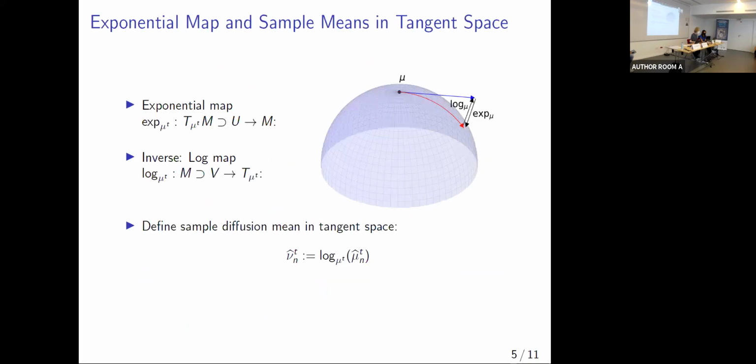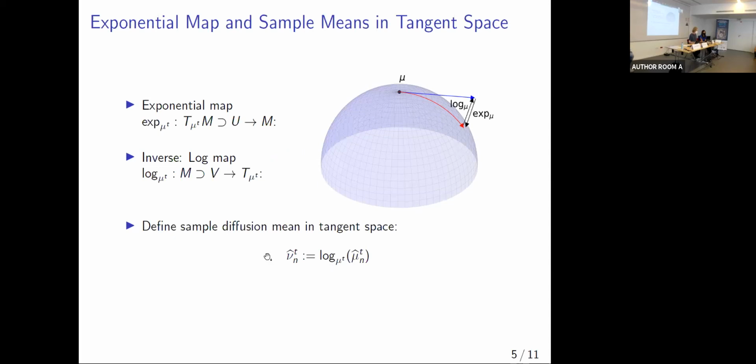And now let's speak about asymptotics and smeariness. And I think I should hurry a little bit. So I again introduce the exponential map. This is a map from tangent space to the manifold, where a vector is mapped to the point on the manifold at the end of a geodesic segment, which starts in the direction of the tangent vector and has the same length as the tangent vector. So this red arrow here indicates this geodesic segment, and it's the same length as the blue vector in the tangent space.